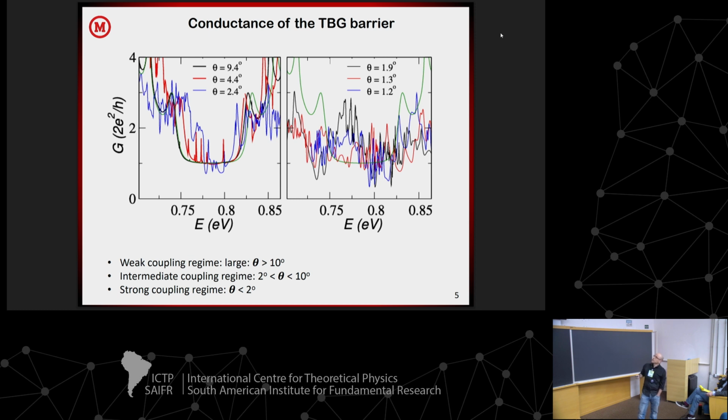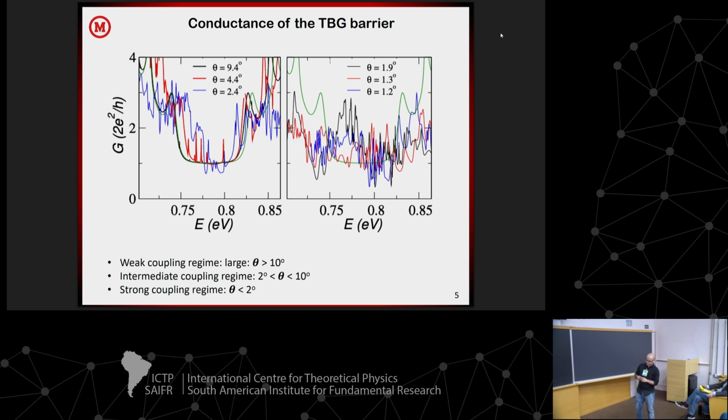And this is the first calculation, the conductance, where we identify three regimes. The first is the weak coupling regime for large twist angle. That means the top patch is completely transparent, and you can see with the green line basically the conductance of the nanoribbon. You can see a nicely defined quantization plateau here, but not perfectly defined, and this is an effect of the effective contacts, because we have a Fabry-Perot oscillation,